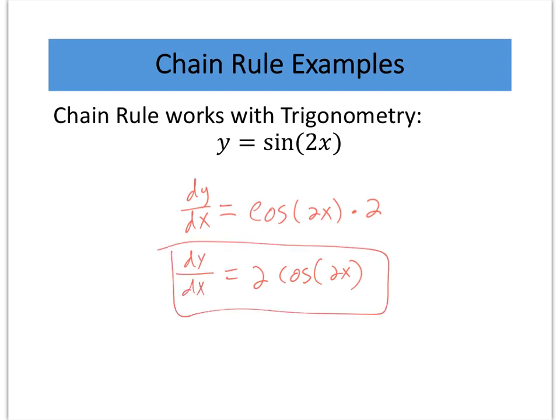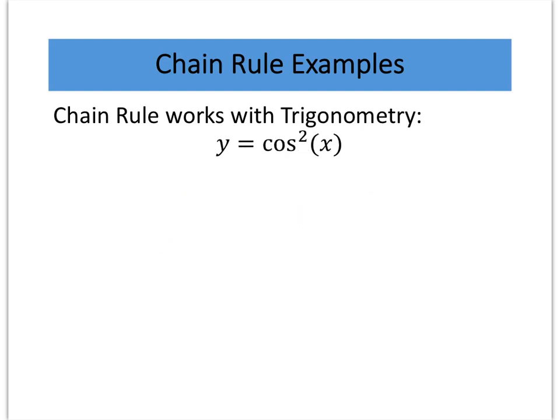Once you understand what's the inside and what's the outside, and I think the hardest part is understanding what's the inside and what's the outside. So, cosine squared of x. Now this doesn't look like a composition function, but I would need to rewrite it to show you that this actually is a composition function, because cosine squared x is really cosine x times cosine x. And so I could rewrite it as this,